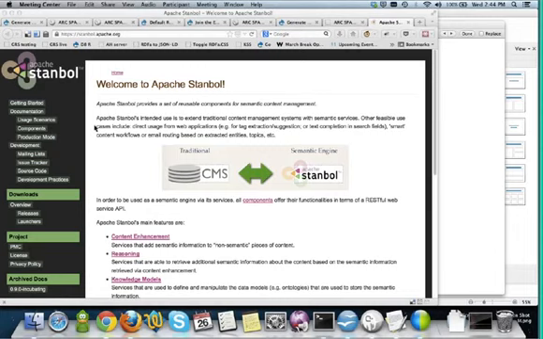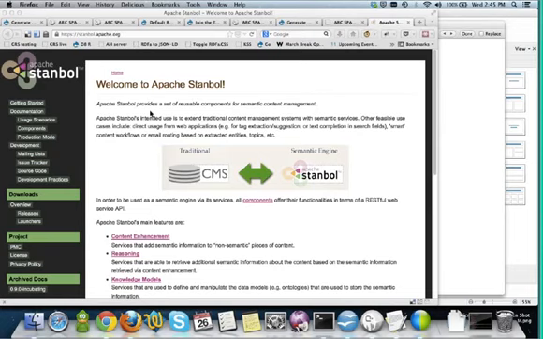So if you want to match against DBpedia, you can set it up with a DBpedia data set, and you can run the semantic engine content enhancement service to extract